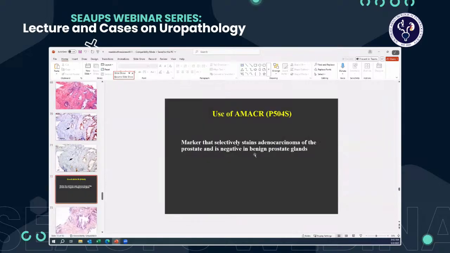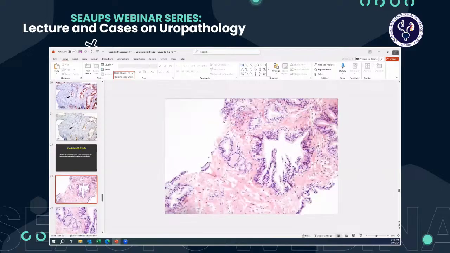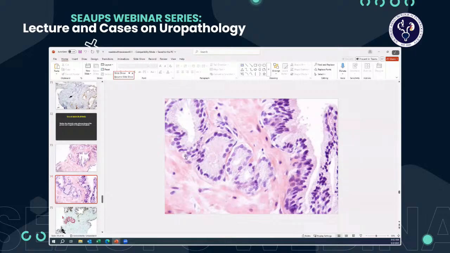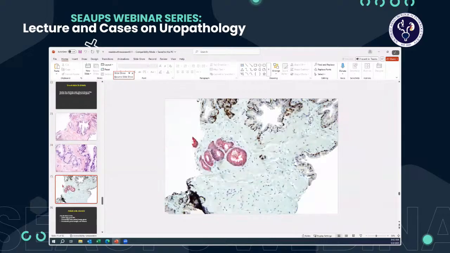In terms of racemase, racemase more commonly stains prostate cancer than benign glands. How do I use it? Here we see a small focus of atypical glands, a little bit more amphophilic cytoplasm. They're more crowded. You go to higher power, these nuclei are enlarged, some nucleoli compared to the benign glands. So I would be extremely suspicious that this is cancer. When we do the high molecular weight keratin, P63 and racemase in a PIN4 cocktail, we see these glands are negative for basal cells and light up with racemase. So all of that together can help you to make a diagnosis of cancer,